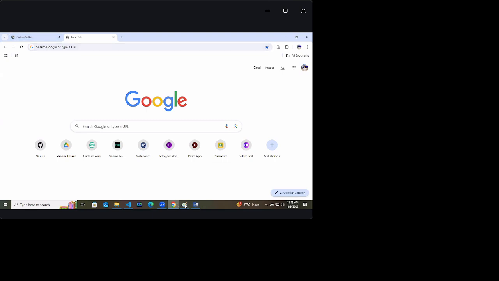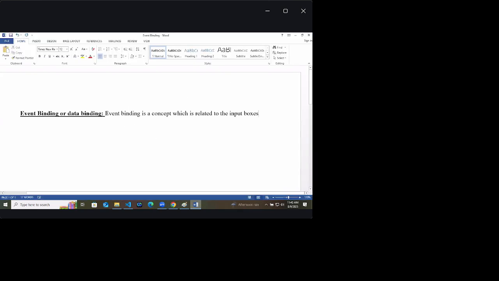So event binding is related to input boxes. In short, it is a medium to record the input of the user every time.